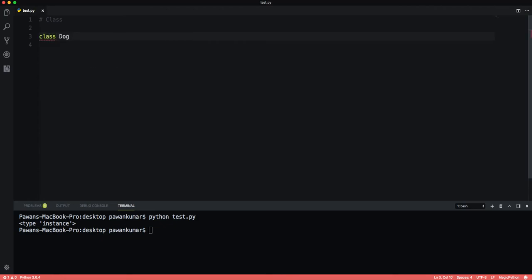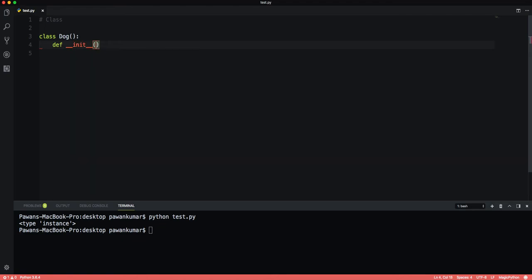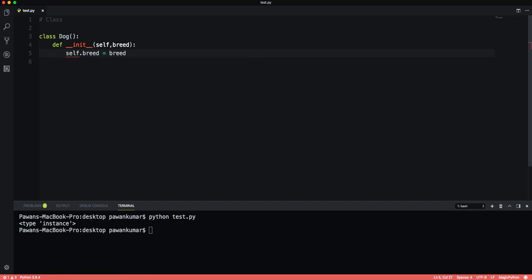For example, let's just delete this and create a class Dog. Okay, so we have a class Dog here because we took an example, and now we have a special method here, which is called init, for the initialization of objects. So the first keyword will be self, and now we can say breed. So now let's say self.breed is equal to breed, which we will pass here. Okay, so this is how we instantiate our